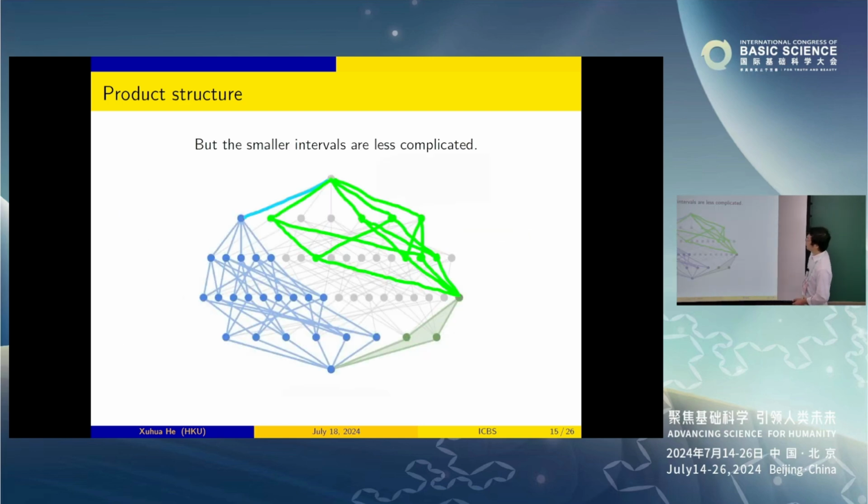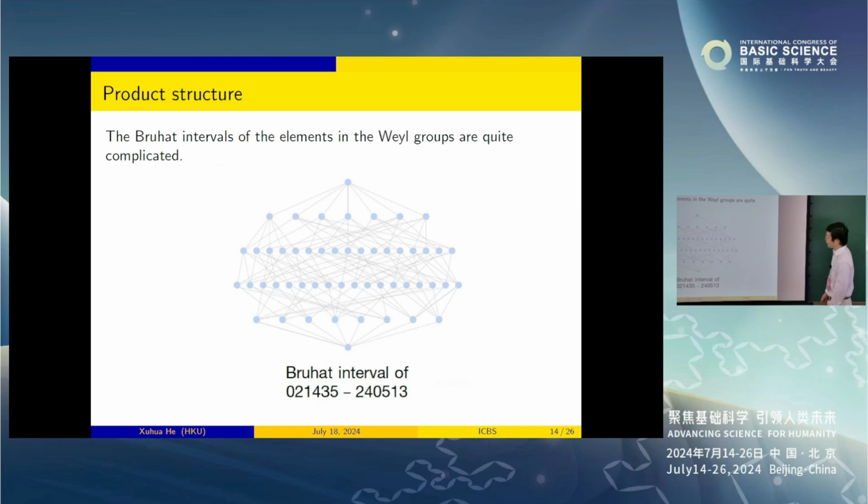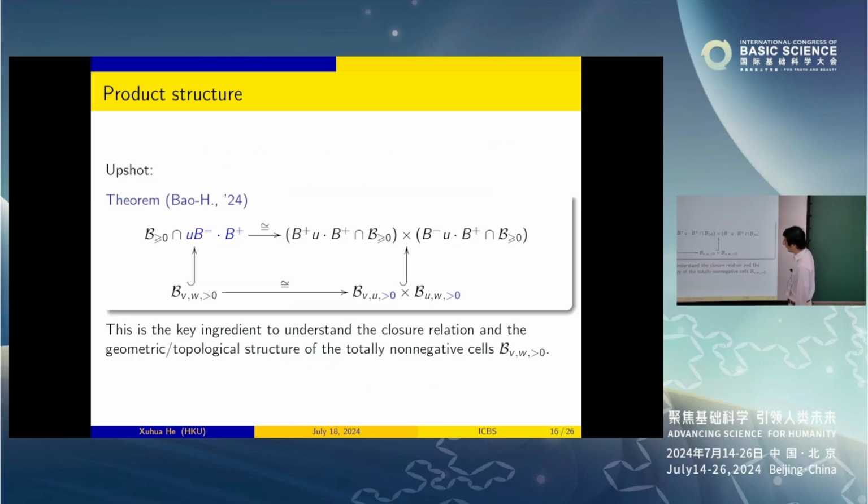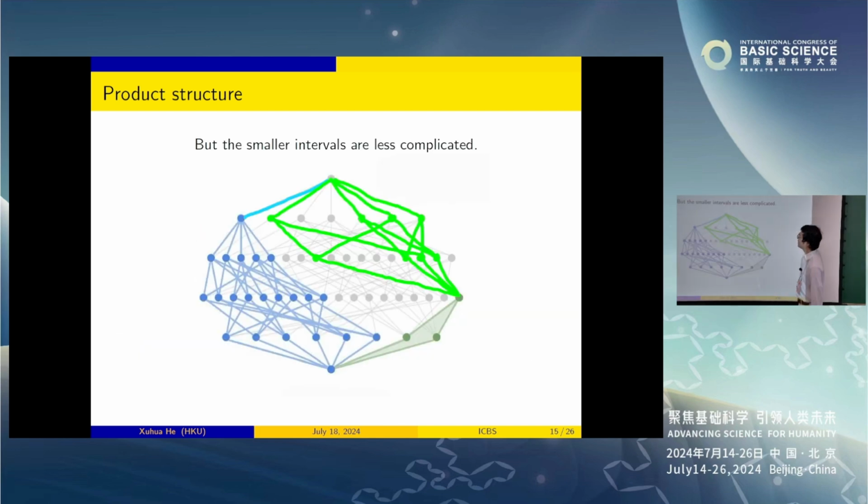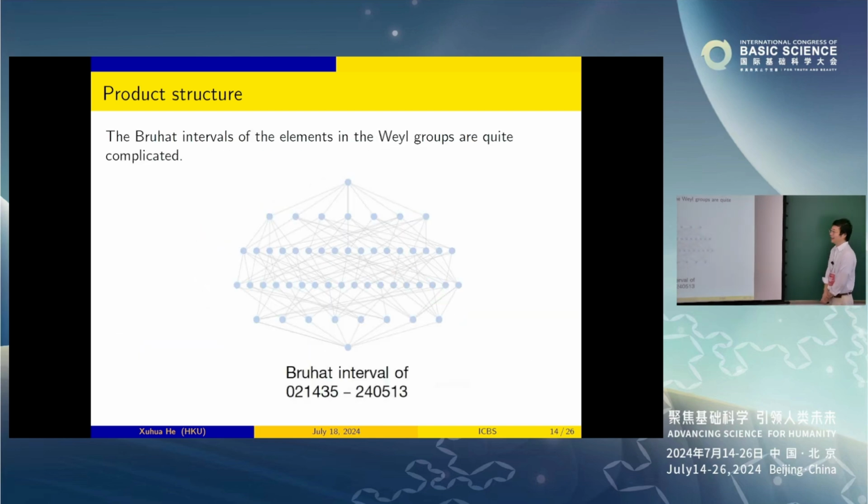Let me show you the combinatorics behind this. I just copied this from the Nature article of Geordie Williamson and the DeepMind team, because this is the picture I found that has a complicated Bruhat interval. This is the Bruhat interval from this element